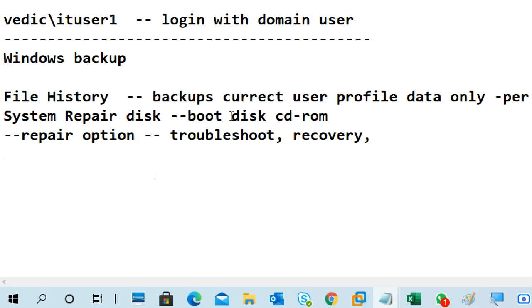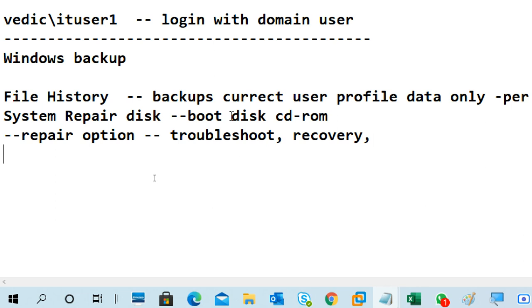So for this repair disk, like you have a laptop now, buy one CD, insert a CD into your CD-ROM, go to repair options, and it asks for a CD. Then insert a CD, click OK. Automatically, the CD will be burned as a repair disk. It contains bootable files, and also repairing options. Also, it is available in the system. So anytime you can